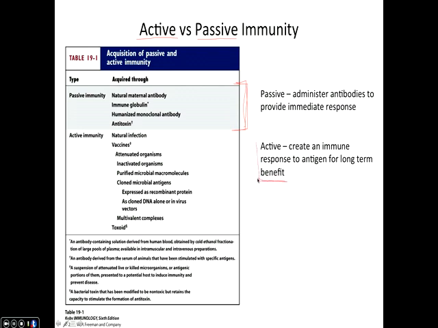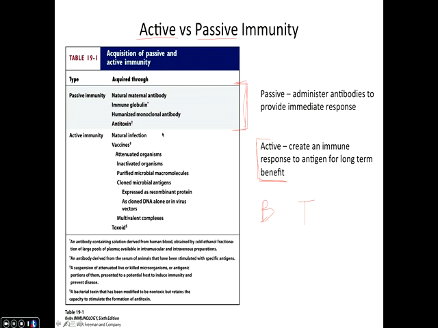Active immunizations are creating long-term responses, and this is what we're most familiar with, whether we're getting diphtheria, smallpox, those types of things. Those types of vaccinations create memory B cells, and as I mentioned with the cancer vaccines, what we're going to be talking about with these types of vaccinations is the development of the B cell response. Cancer vaccines are working on T cell responses. So these are B cells, and cancer vaccines are T cells. So keep that in mind.